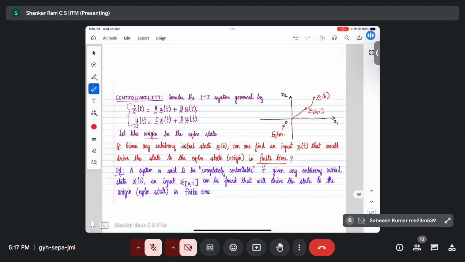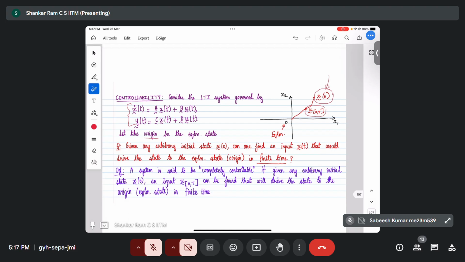Just for the sake of example, you and I are taking a two-dimensional state space, just so that you and I can easily visualize the graphical evolution. So let's say we take a non-zero initial state x0, which is here. The question is, given any arbitrary non-zero initial state x0, can you and I find a